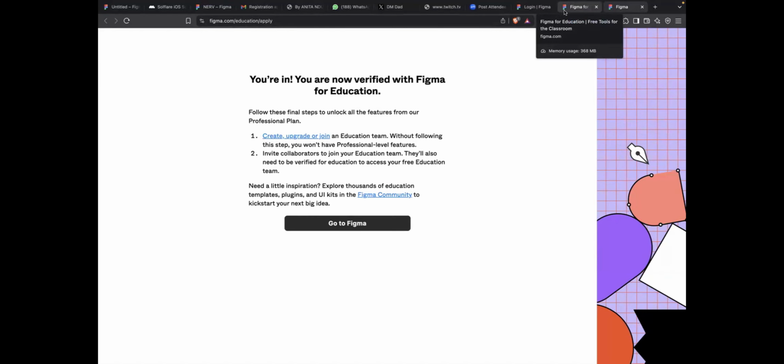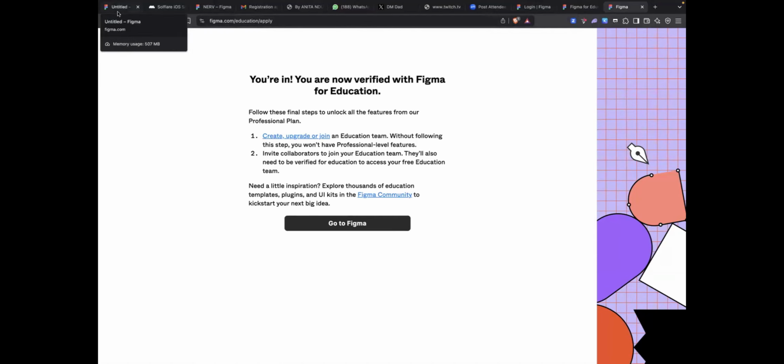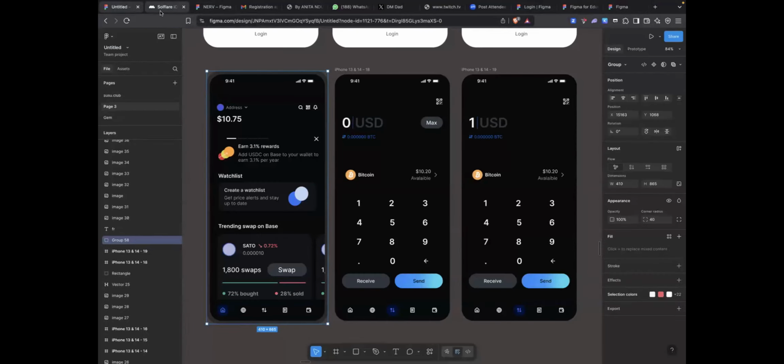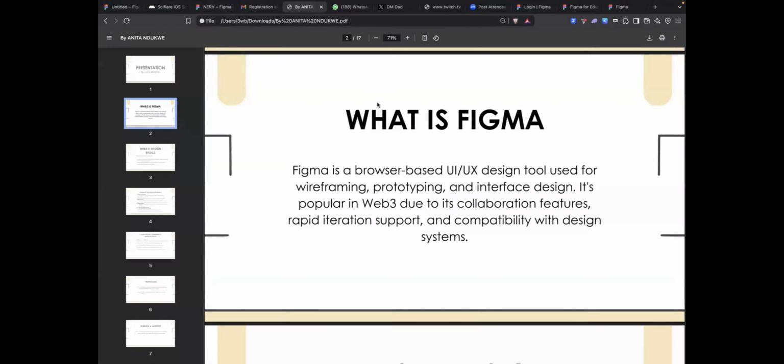When I started designing, if someone had told me about variables, it would have made my work easy. I would not have been designing in light mode and then starting again for dark mode. My life would have been easier, but better late than never. Someone taught me about variables, design systems, and components, and how easy they make your designs. No matter how many screens you have to design, it will make your work so easy. You'll even see how I switch from light to dark mode. Sorry, let me just come back to this part.